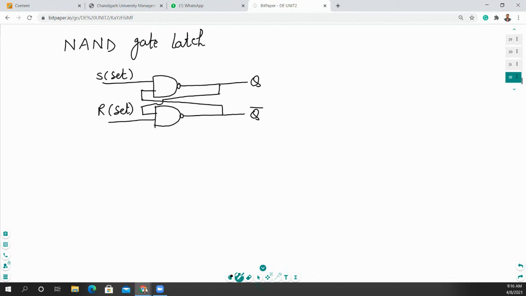So what do you mean by the input signal? Either you should provide a level trigger or edge trigger. Okay, so here this is your one signal, and this is your zero signal. Same here, this is your input signal 1 and 0. This signal is provided to the inputs of your NAND gate, and you will get output accordingly.